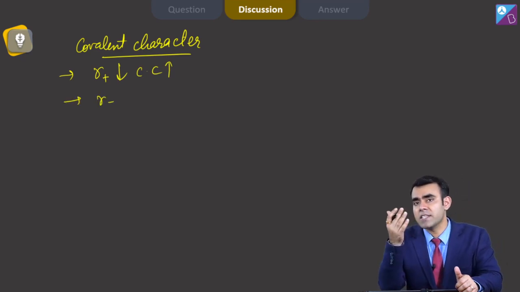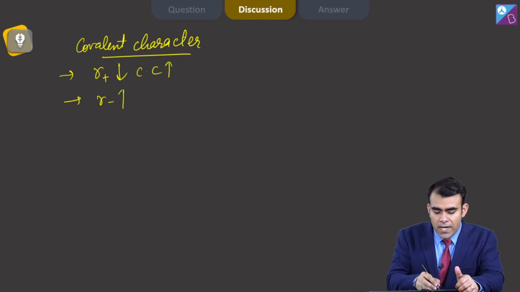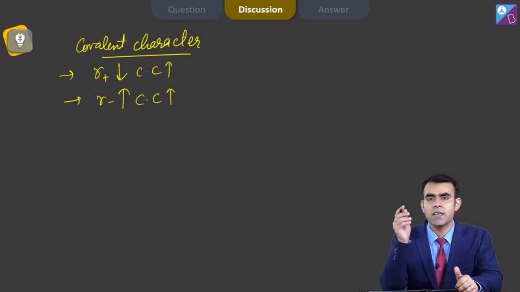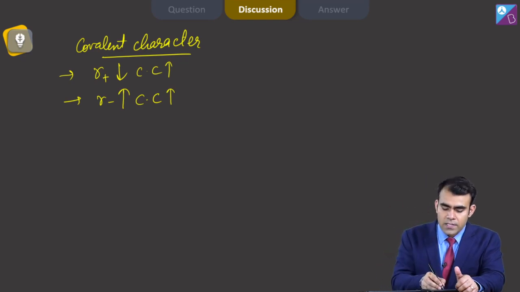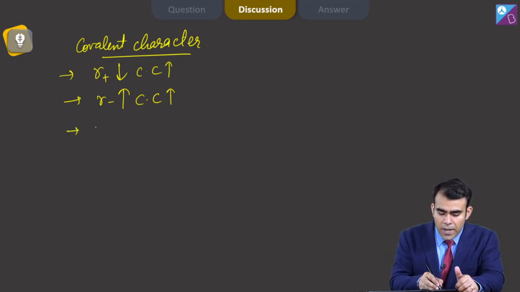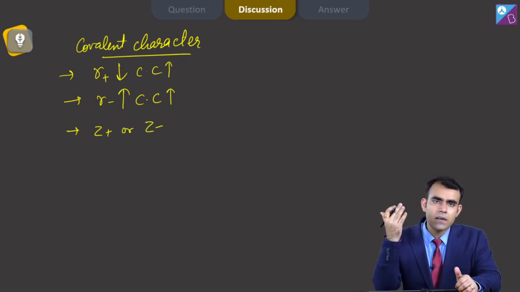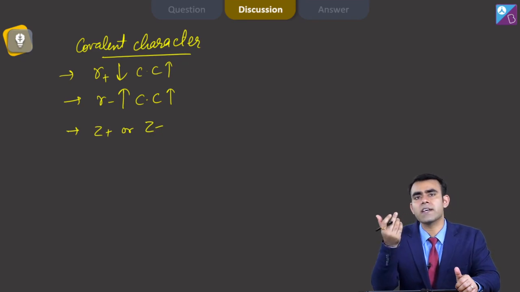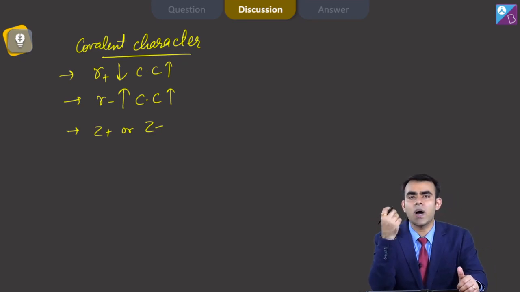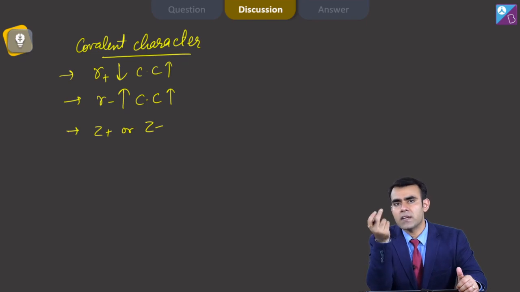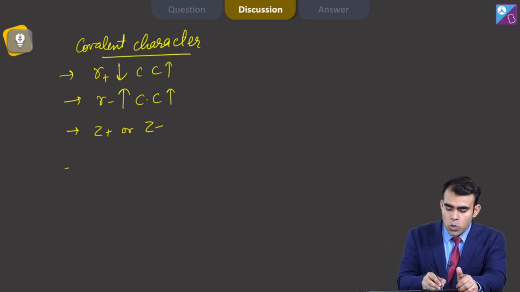If the radius of the anion is higher, then there will be larger polarizability and similarly it leads to high covalent character. Third is the charge on my cation or charge on my anion. If any of these quantities is higher, the greater the polarizing power as well as the greater the polarizability, and it leads to higher covalent character. And last is the pseudo noble gas configuration.